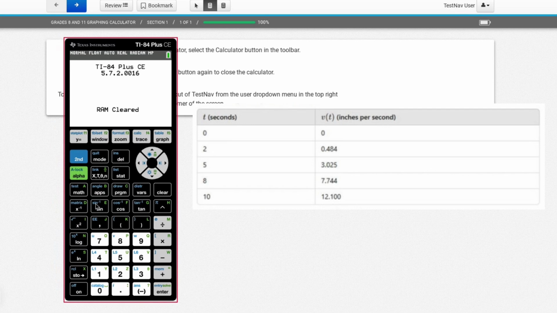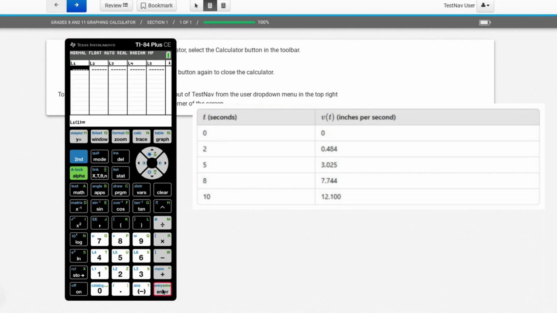Okay, this is how we do quadratic regression. So we're going to take the table, and we're going to use all the numbers in the table. Go to Stat, go to Edit, and on the left side, type out the x, or in our case, the t values. So that was the left side of the table: 0, 2, 5, 8, 10. Okay? So let's move to the right, and we'll put in those numbers, which was 0 again,